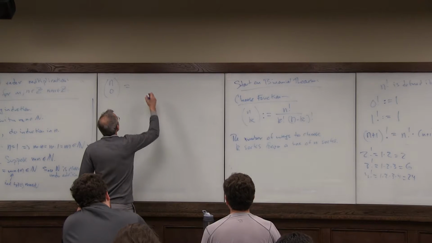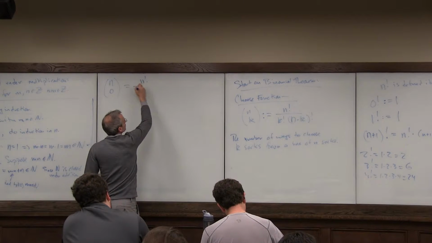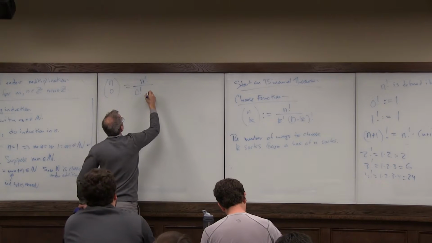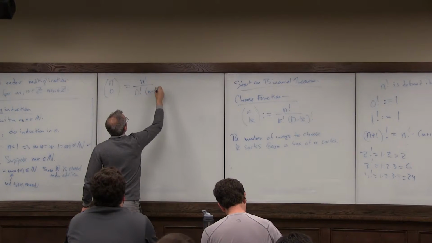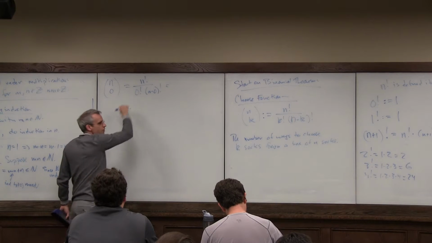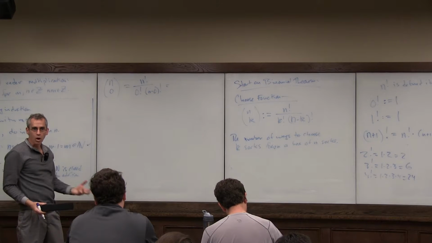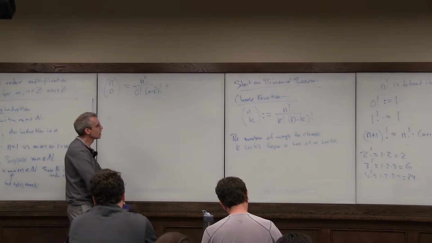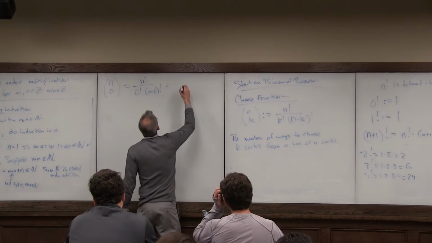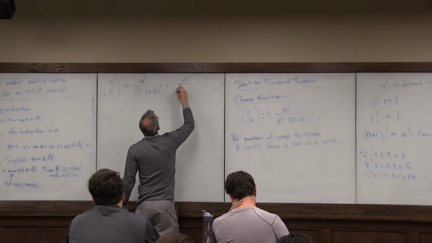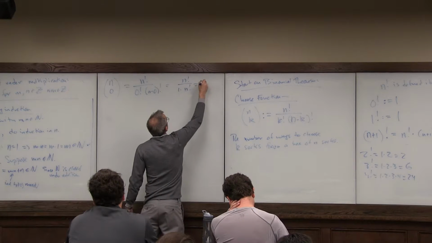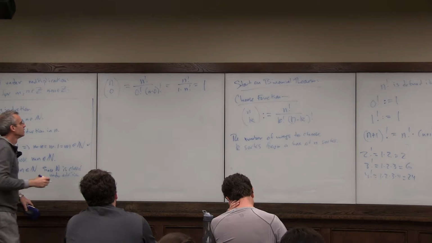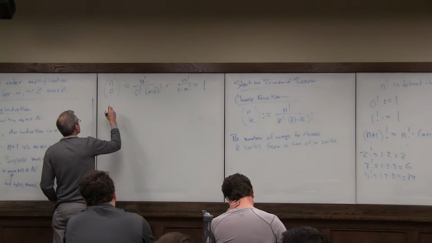Okay, so this is going to be n factorial divided by k factorial, which is 0 factorial, times n minus 0 factorial. And now you see why we define 0 factorial equal to 1, because it works. There are much deeper reasons for that, but at this stage, it works in this formula. So that's just n factorial over 1 times n factorial equals 1. So there's one way to choose. Now, next thing we want to check is